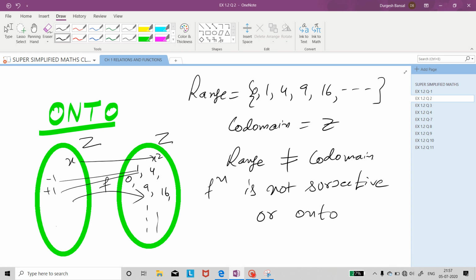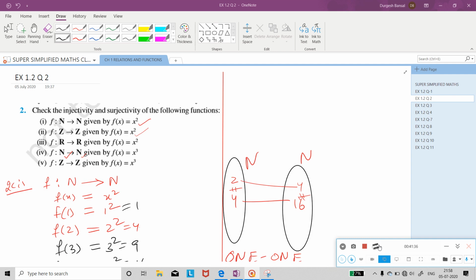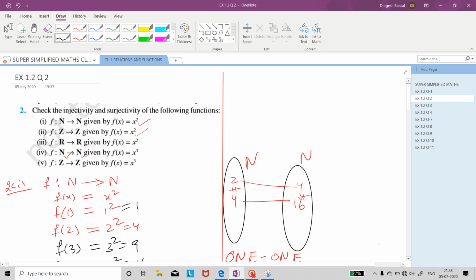So you have seen what effect the function has just by changing its domain and codomain. The function is the same. In the previous part also the function was f(x) equal to x square, and in this part also it is f(x) equal to x square, but still their domain and codomains were different, and hence the function does not remain 1-1 and onto. Now students, I am leaving these three parts of question 2 to be tried by you as an exercise. This is homework for you. I hope you will be able to do that.